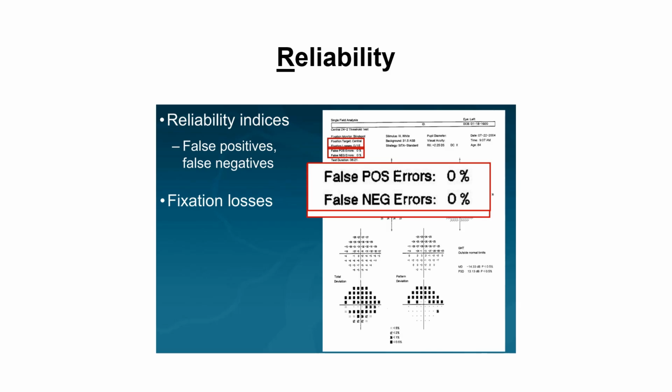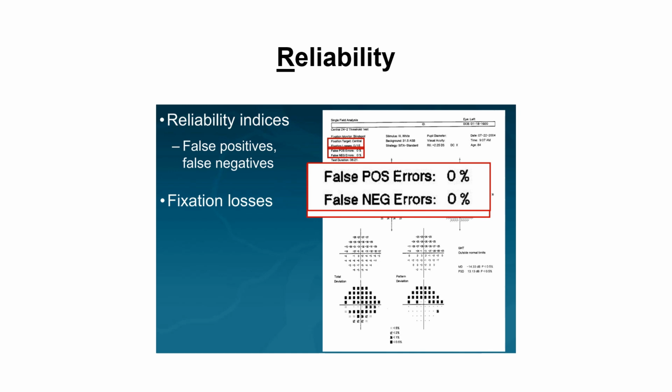Coming to the second rule, we should check the reliability of the field. Is this printout reliable or not? By the main 3 indices. These indices are the false positives, the false negatives, and the fixation losses. I will explain these 3 in detail in the following slides, and you will see them in the printout in the upper left corner. Here you will see the details related to the brightness, and here you will see the data related to the